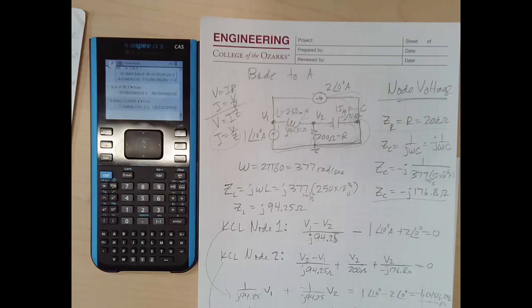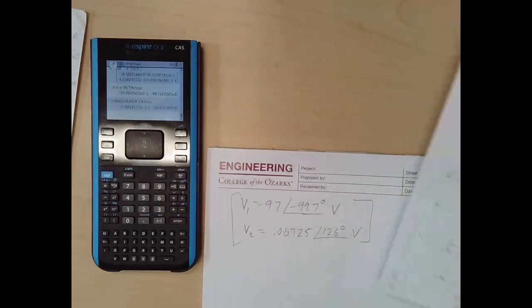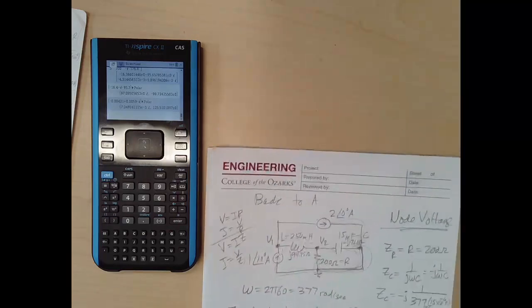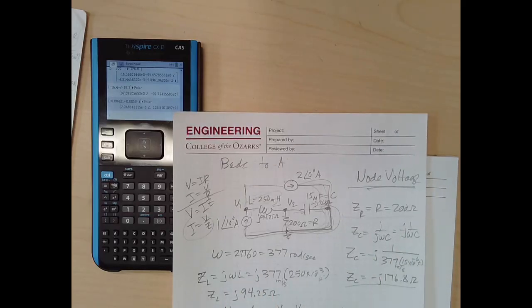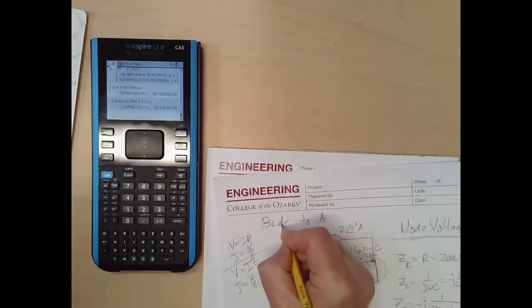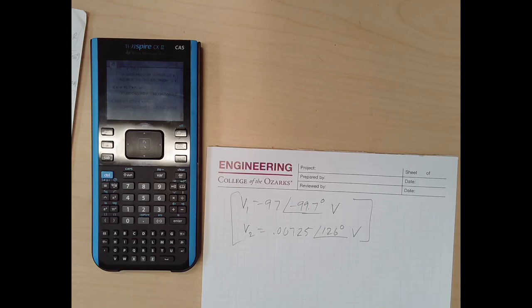Hopefully you can see the method there and the final result. But I guess the punchline is, once we get everything in an AC circuit like this, we get everything converted to impedances. All the R's, L's, and C's, we make them all into Z's according to their own formulas. Then we just treat it like a resistor circuit. We can do Ohm's law, we can do KVL, KCL, node voltages, mesh currents, Thevenin, Norton, all those kinds of things. We can do the AC version, which is very similar to the resistor and DC version, but all the numbers are complex, so the math is a bit messier,